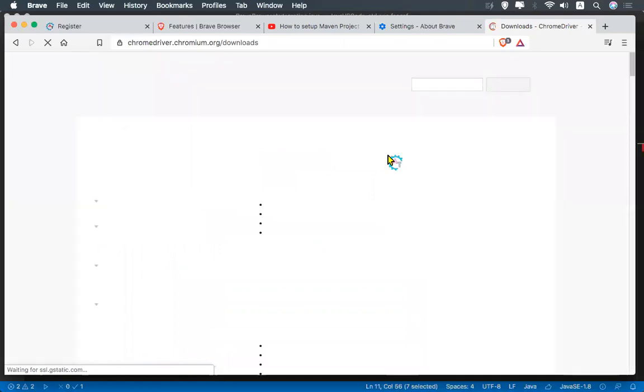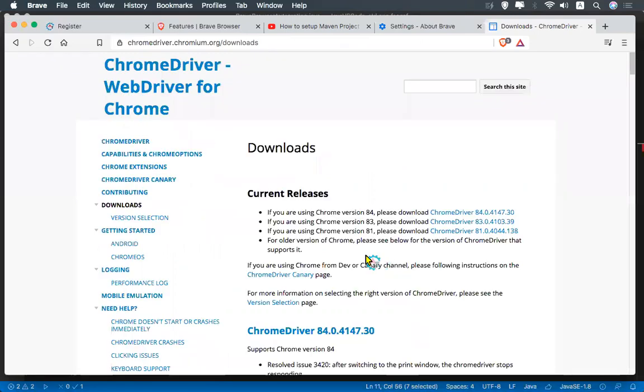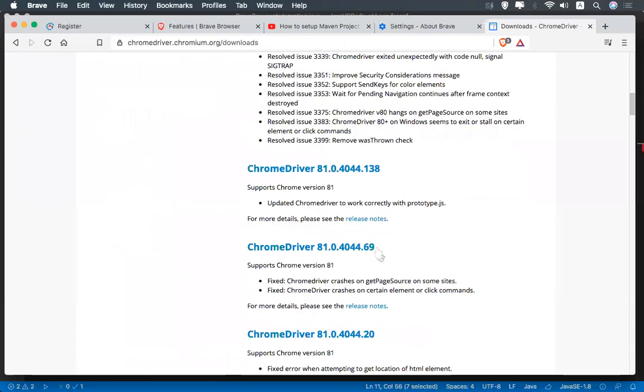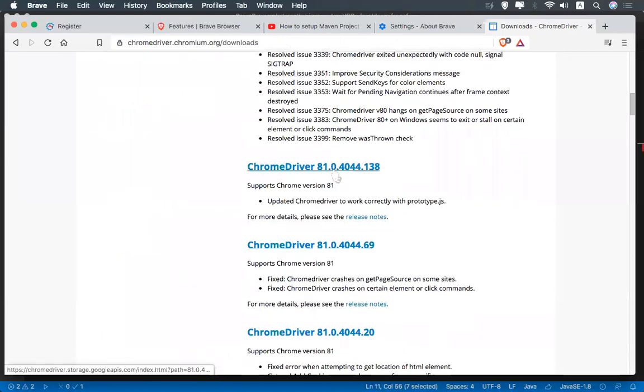Let it load. You see that the latest is 84.0, but I need this one, 81.0.4044.138.